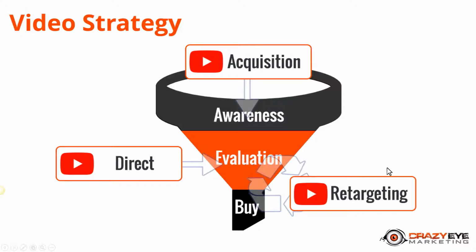And then the third type of campaign is a retargeting campaign, or in Google Ads terms, a remarketing campaign, where you're targeting people that have interacted with your business in one way, shape, or another. They visited your website, they watched some of your videos, they know who you are, they might know of your products and services. You're going to try and get them to buy things, and people that buy things, you're going to run retargeting ads to them as well, trying to get them to buy more things. So these are the 3 levels of campaigns that we're going to be running.